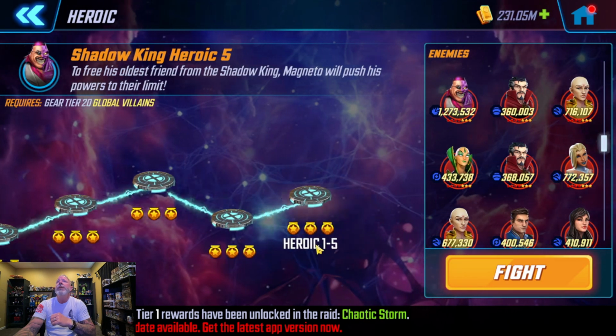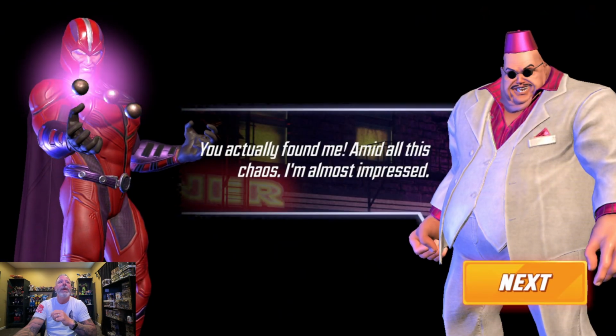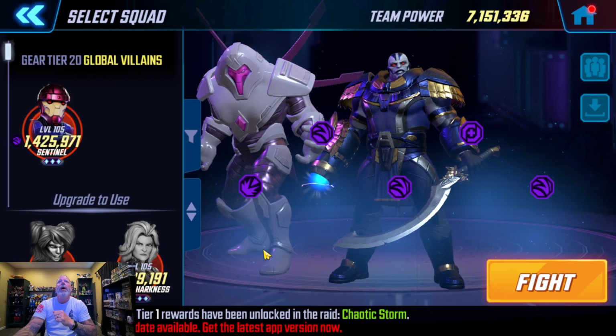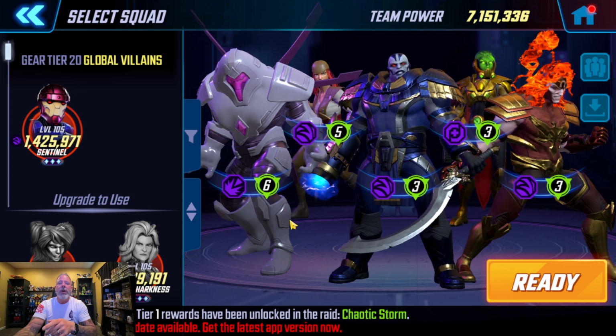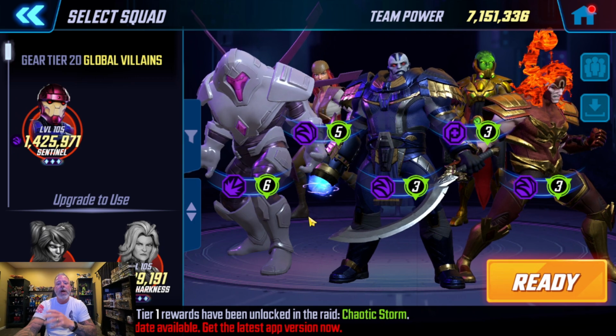is we're going to go into the heroic section in the Shadow King trial. Now I'm going to be dropping these videos separately, so be watching for the other video. So we're going to do some testing in here with Omega Red, and we're going to be swapping out Sentinel. And then I'll be dropping another video doing some testing in the extreme section with a couple different options for